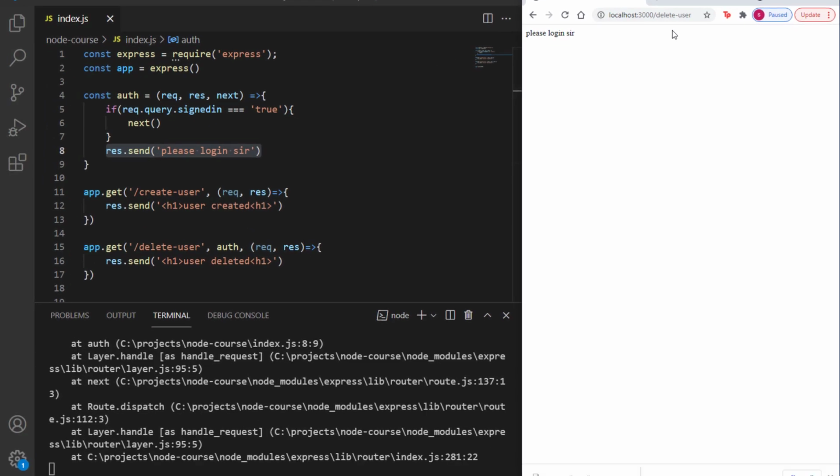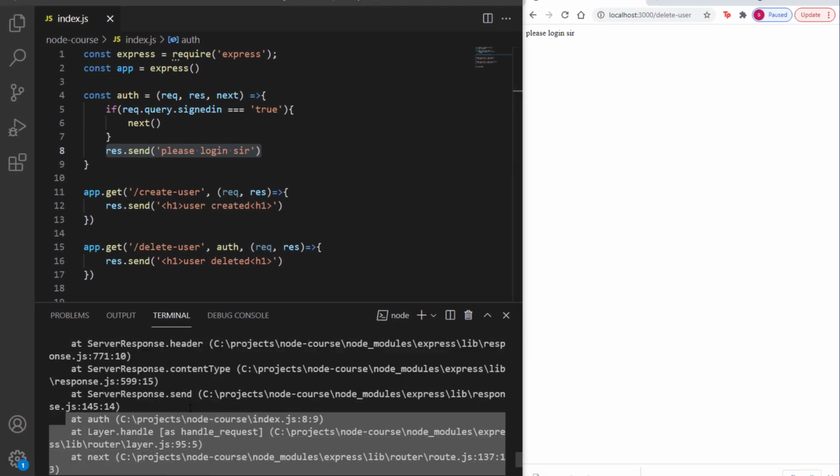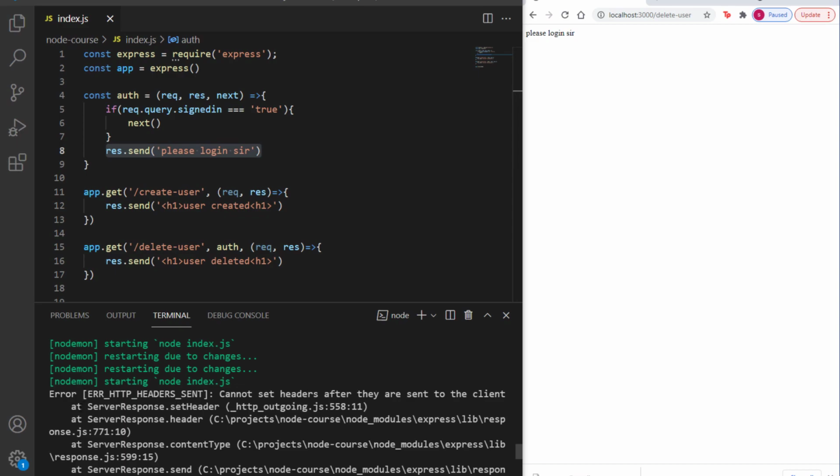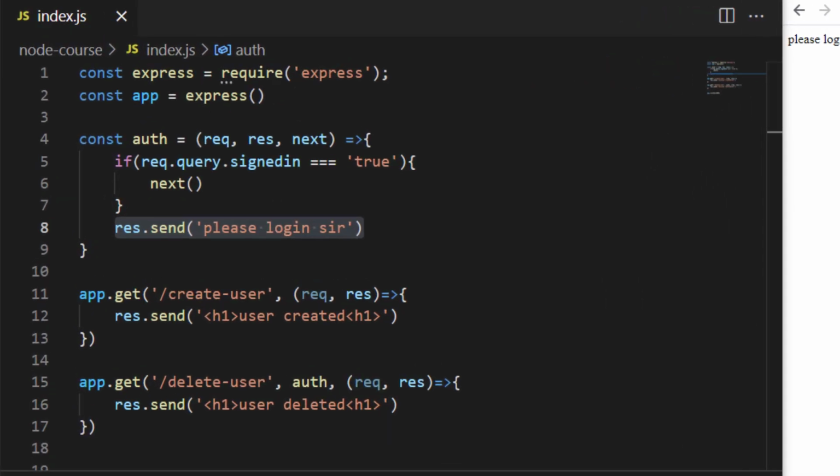There's just one tiny problem here, and that is inside of my terminal, I will get this error and it would say cannot set headers after they are sent to the client. Now what the heck does this mumbo jumbo mean? Well, that's computer speak for saying, hey, you cannot send 2 responses for 1 request. 1 request, 1 response. That's the rule. And that's because once this next function got called and went out to my anonymous function, once the anonymous function completed, it went back to the next function, which is stupid. I did not say to do that.